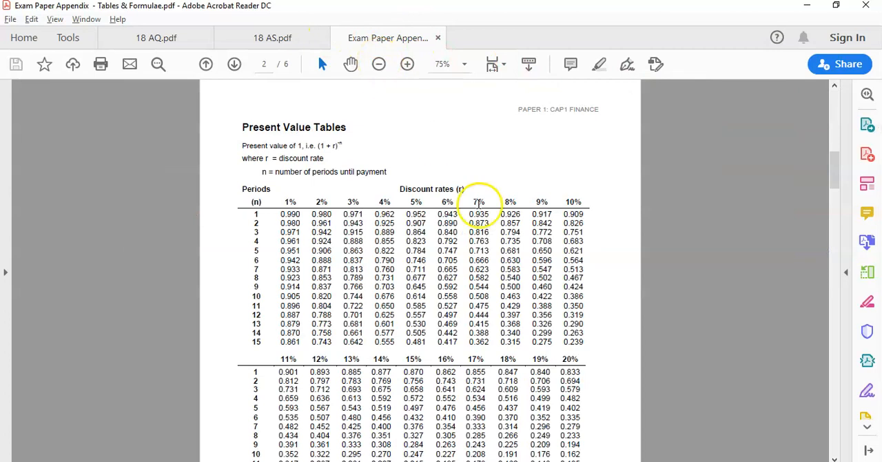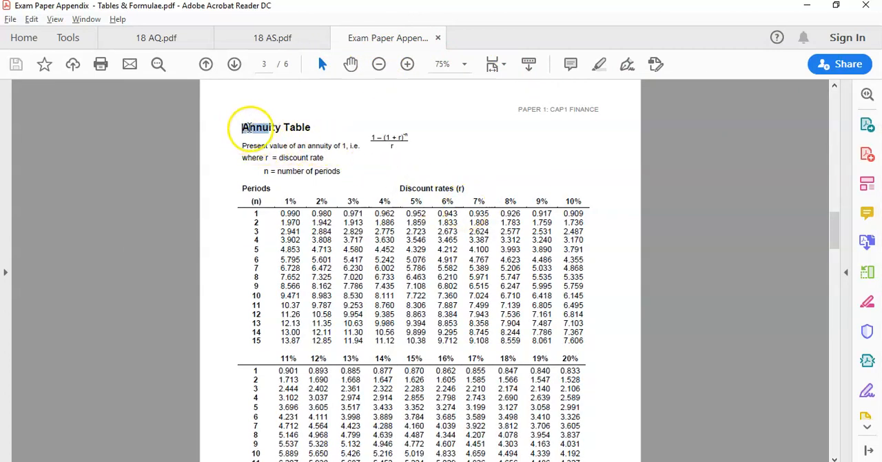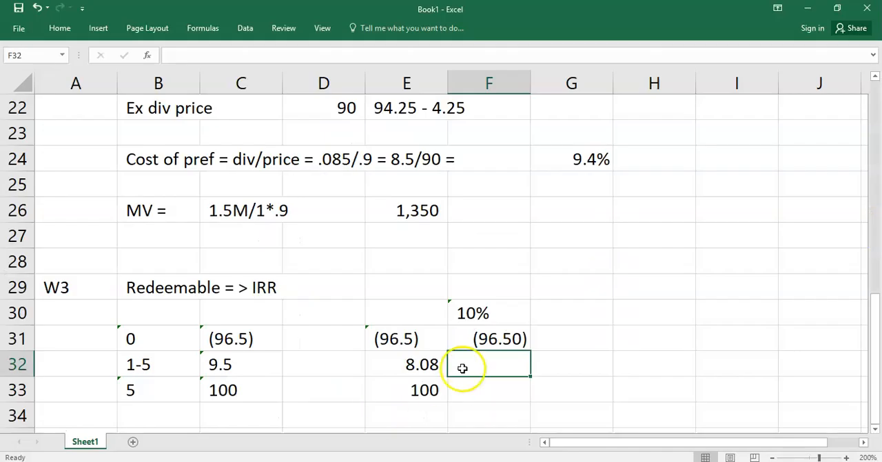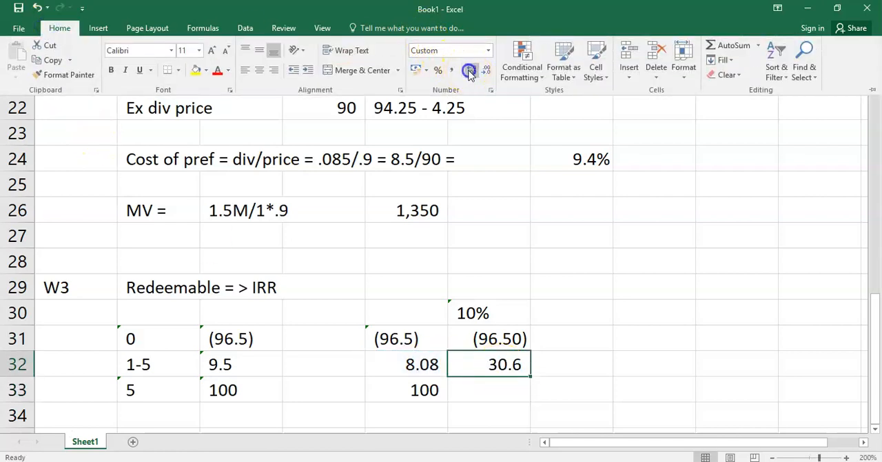We're looking for the 5 years annuity table, 5 years at 10%, 3.791. So if we multiply 8.08 times 3.791, that will get me the present value of those 5 years of cash flows as a single figure. So it saves you time instead of having to do it yourself. So you multiply the 8.08 times 3.791, and it gets you, we'll just go to 2 decimals,